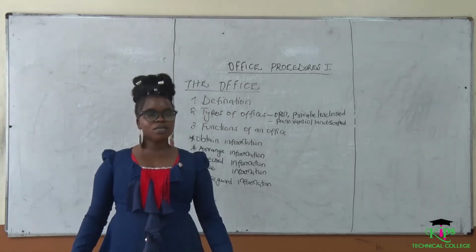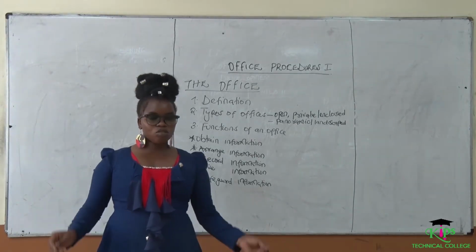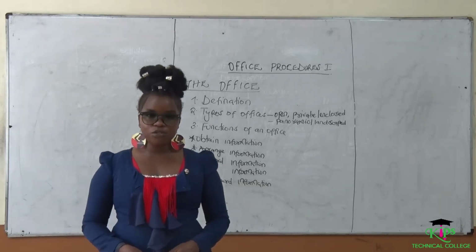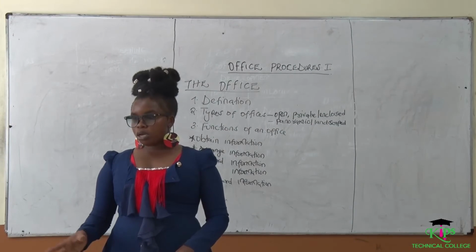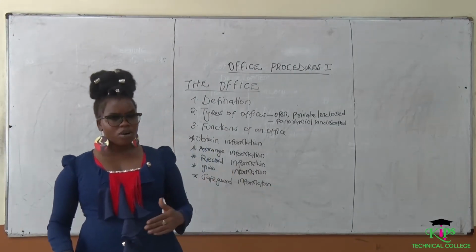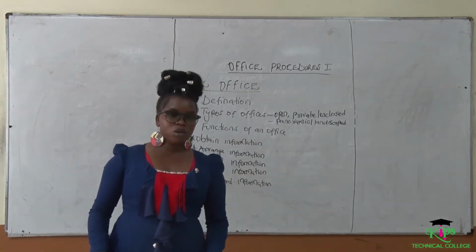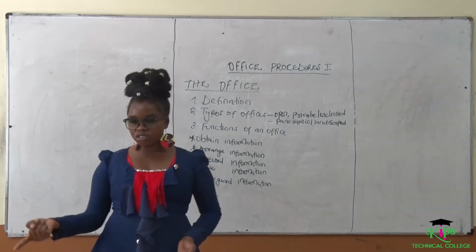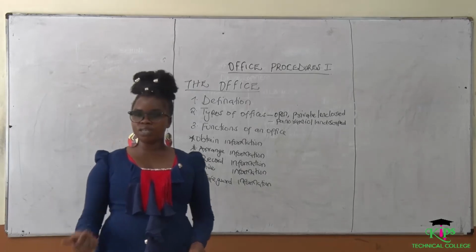So you are going to arrange information in such a way that you make sure you don't mix up the kind of information you have taken. For example, in every organization we have different departments. We have the accounts department, production department, administrative department, the human resource department, and others.